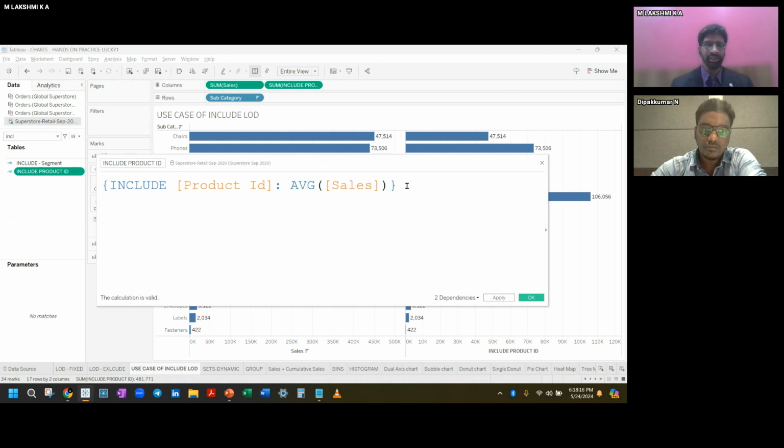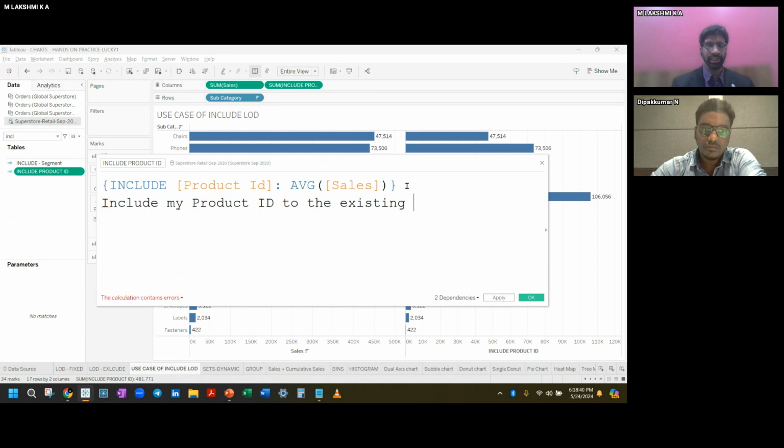Now here what happens is, include my product ID to the existing aggregation.